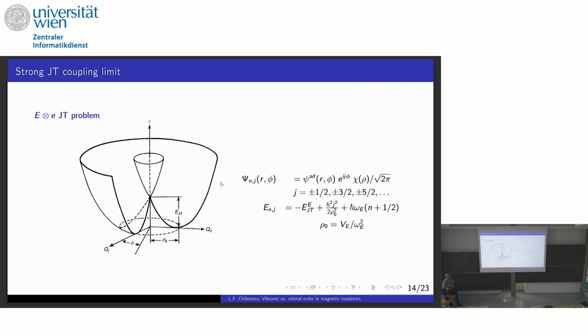And of course we did the adiabatic separation. So if you go up to intersect this surface, it will be 4 Jahn-Teller energies. And if this is the strong Jahn-Teller coupling limit, we can neglect the non-adiabatic mixing with the excited surface. And we have just the dynamics on the bottom. It looks like that. We have a slow system, it's rotation, and radial vibrations in the trough. So this is how they look.